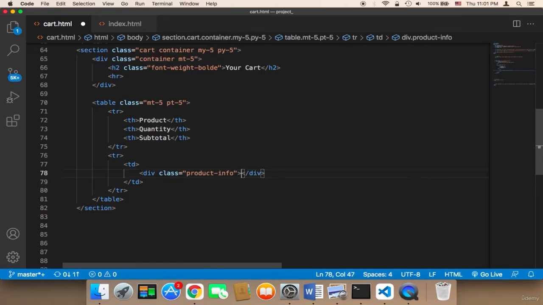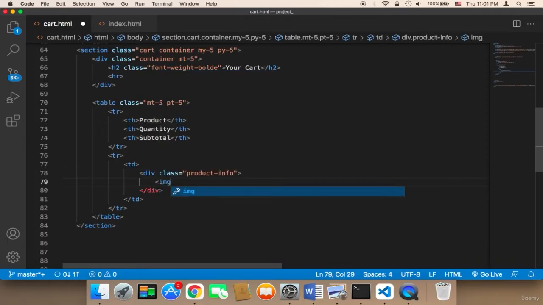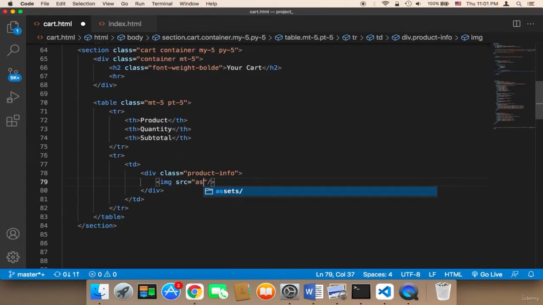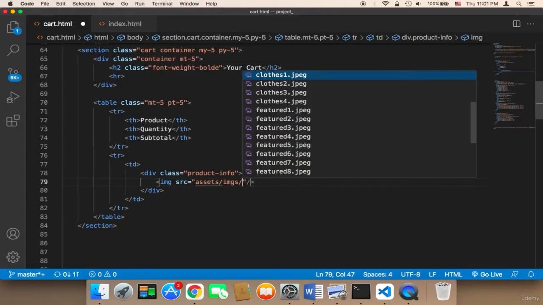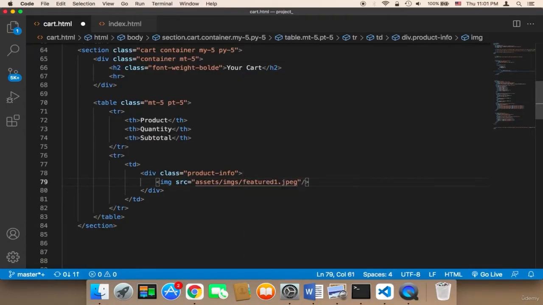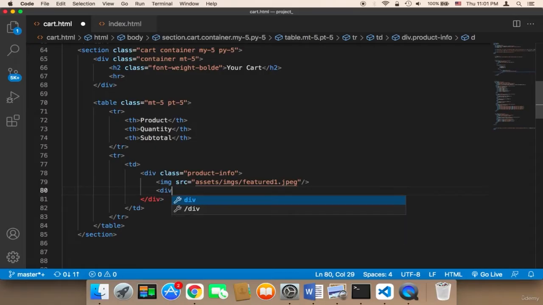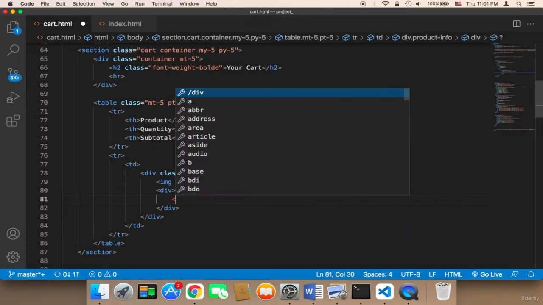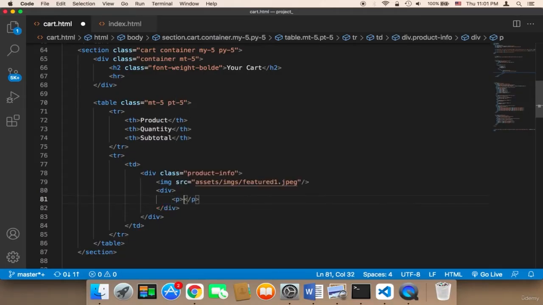and inside that product info I'm going to first display an image, the image of the product. Let's use one of the images that we already have here. I'm going to say assets, images, and let's use the first image, featured one, and then below this image, I'm going to create another div that displays the product name. Here I'm going to say P, and then I'm going to say white shoes,